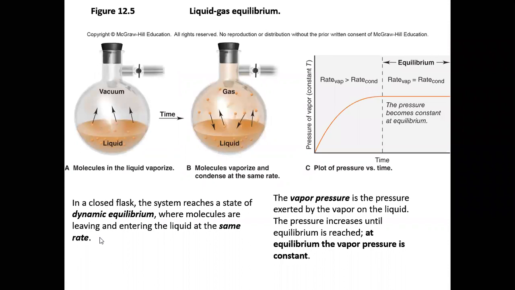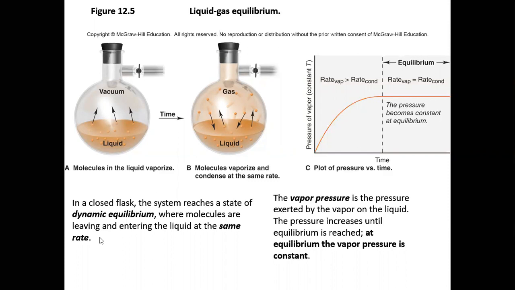So at the liquid vapor phase, we have this equilibrium or this balance between molecules of gas and molecules of liquid. And so what happens is if you put a liquid in a closed container, over time, some of the molecules of liquid will get enough energy to escape the surface of the liquid and become vapor. And then they'll fill the container that they're in. So over time, more molecules vaporize, and eventually you fill up the flask with vapor and liquid,